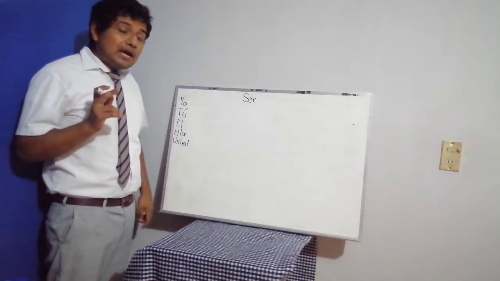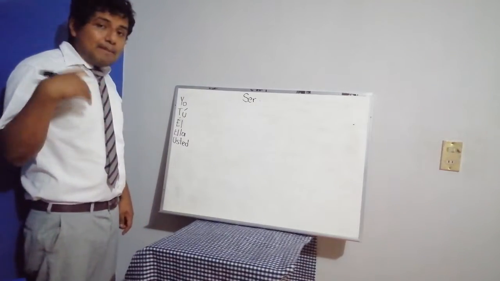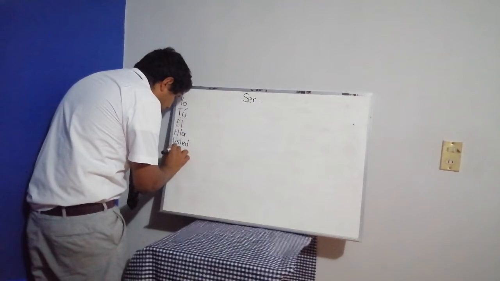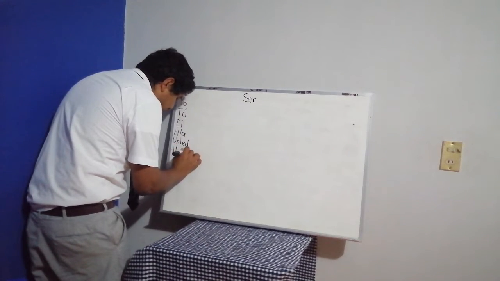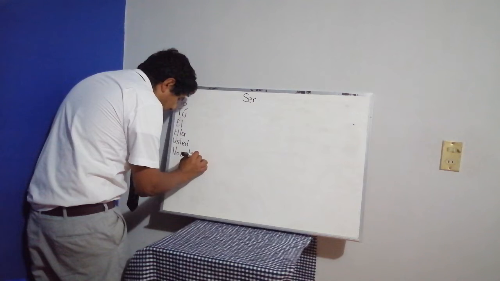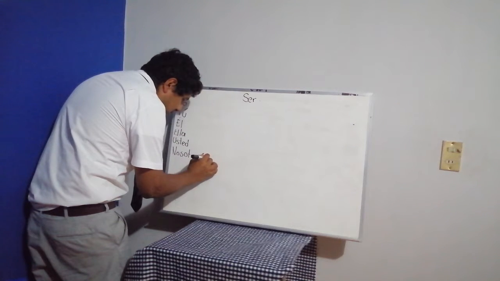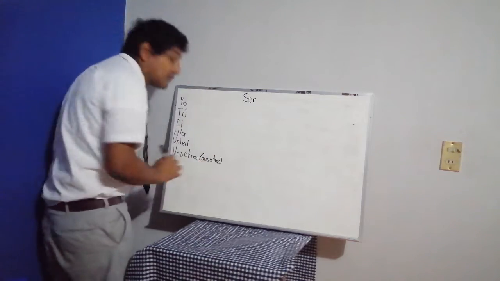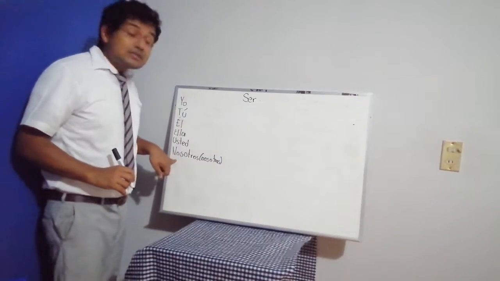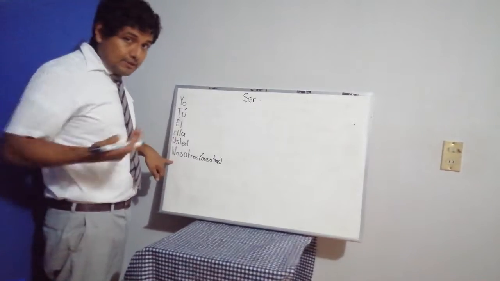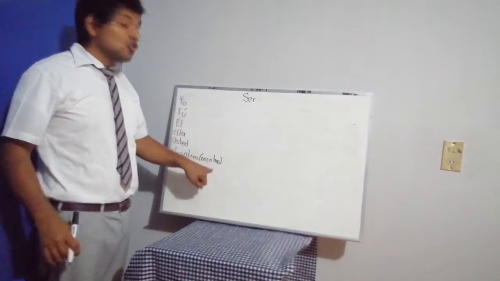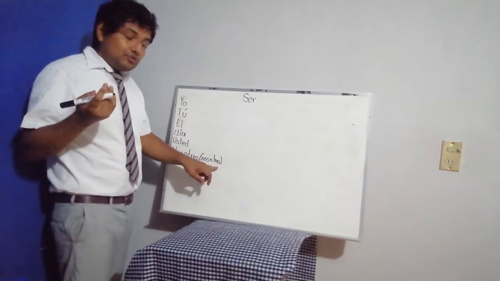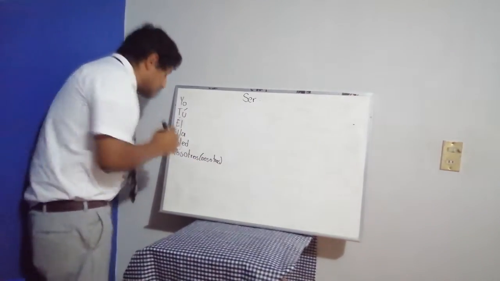So now we are going to learn the plural ones. The plural ones are nosotros. But the feminine is nosotras. Something that you are going to learn. Nosotros is masculine, we, that means we. But nosotras is feminine. It's something that you need to learn. The next one is